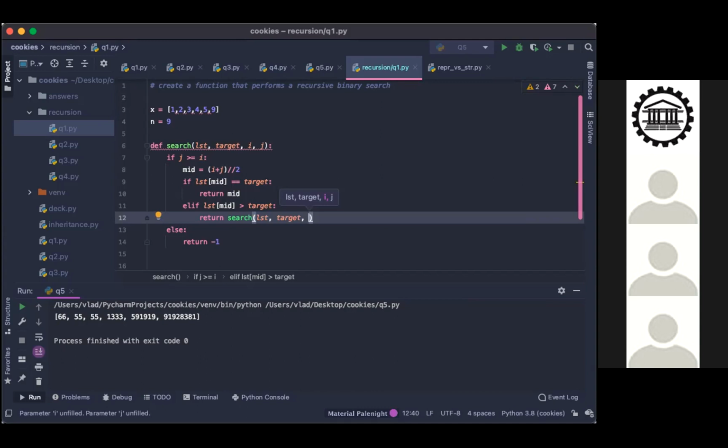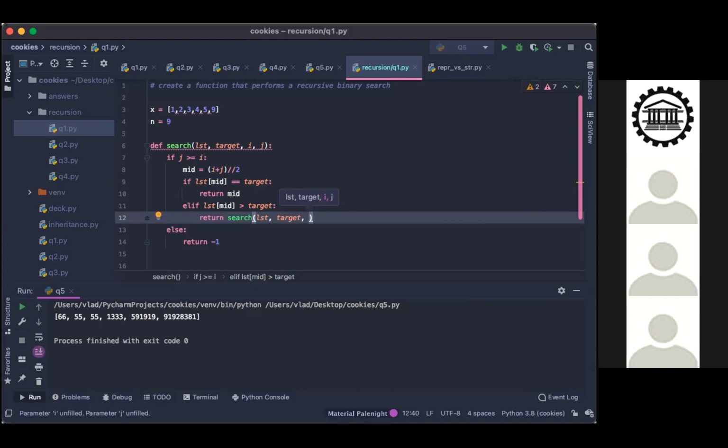So in this case it would be mid +1, because we're taking, sorry, mid -1, no, it would be mid +1. I'm confusing everyone.